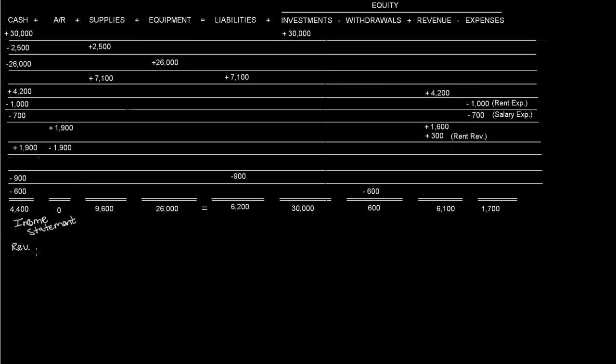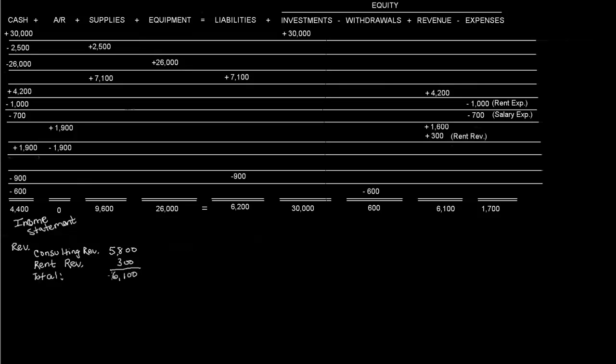So we'll start with the consulting fee. So we'll say that we have consulting revenue or fee, or whatever you want to call it, I'll just call it revenue, which comprises the 4,200 and the 1,600, and that equals 5,800. We also have rent revenue of 300, so I'll include that as well. So that's rent revenue, $300, which means that our total revenue is